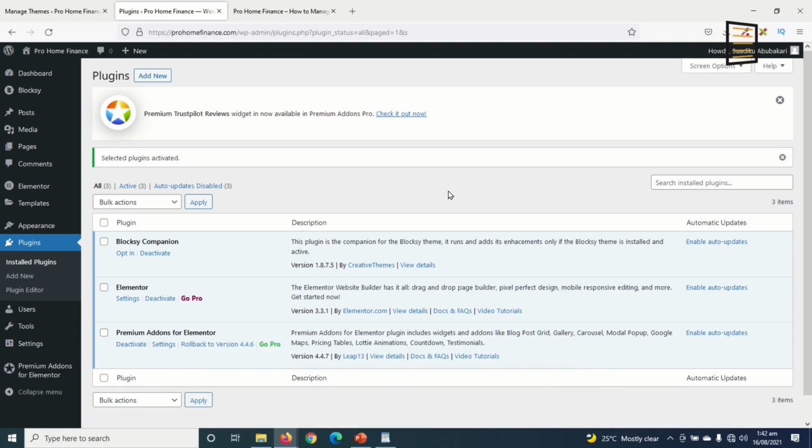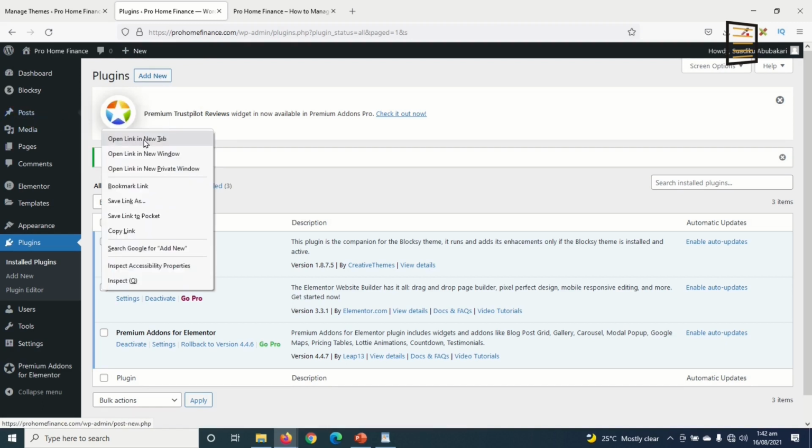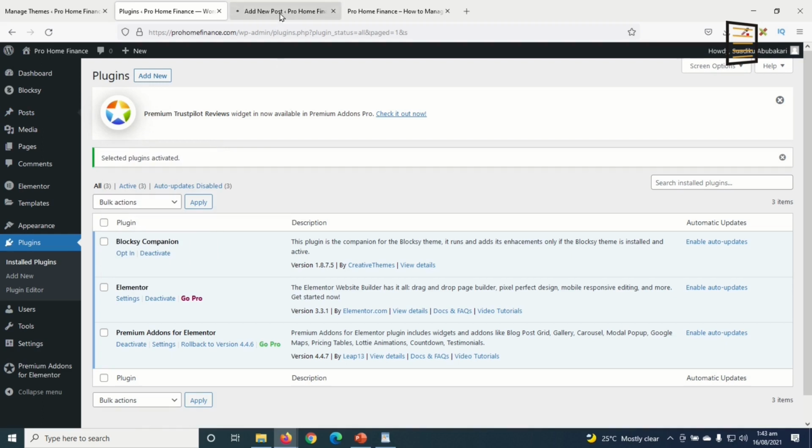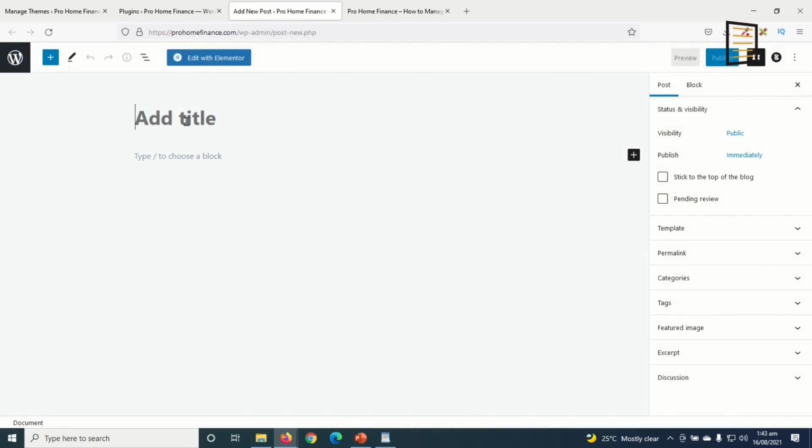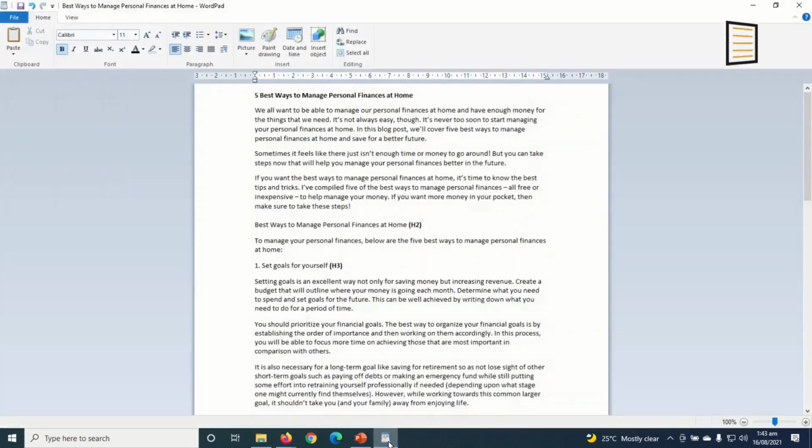Having installed our plugins, let's go ahead and create some blog posts, which is the reason why we are making this website. So to create a blog post, you can go over to new, then click on post, or you go over to posts, then click on add new. So I'll right click on this, open link in a new tab, click on it. I exit out of here, and under title, I add the title of my post. And I have my post well formatted in Word. So I'll grab the title from here,